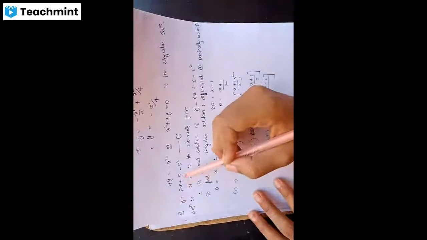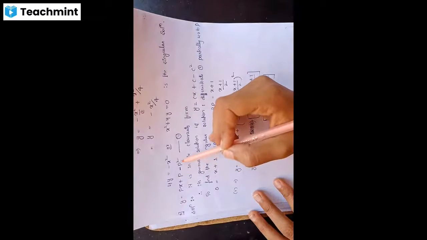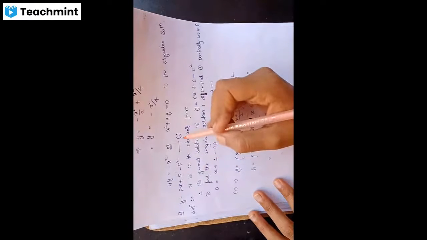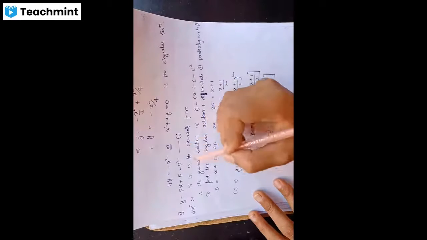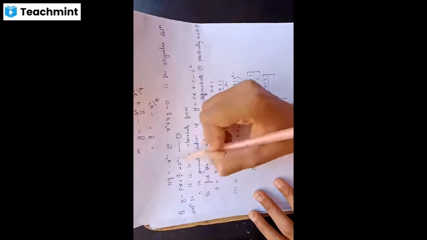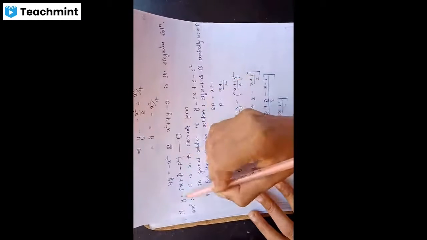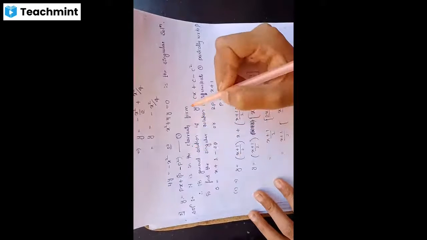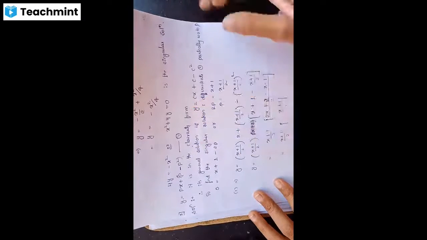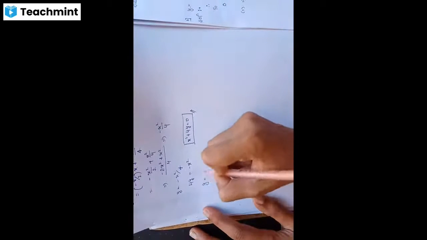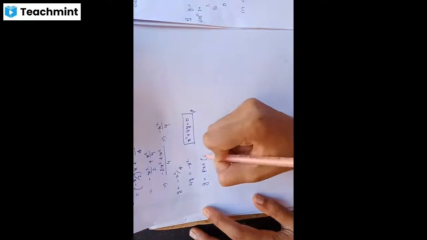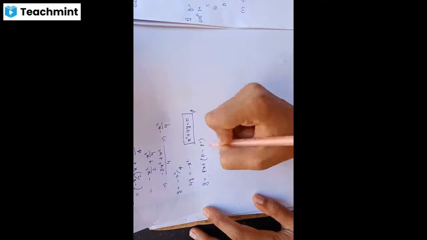So y is equal to px plus p minus p square is the given equation. So it is also in the Clairaut's form, because it contains some function of p here. So it's in the form of a Clairaut's equation. So to find the general solution, what we have to do? We have to substitute c wherever p is there. Y is equal to px plus p minus p square.